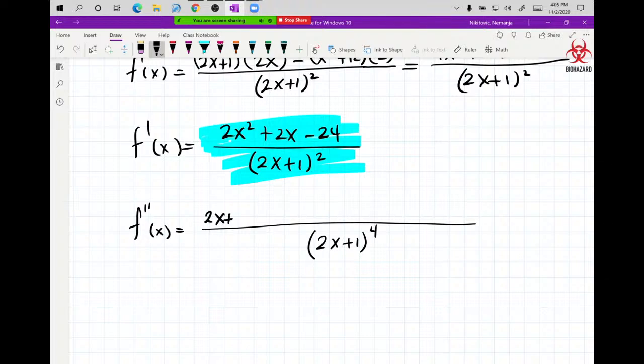We have 2x plus 1 over here squared, then the derivative of the top, which is 4x plus 2, and then minus,